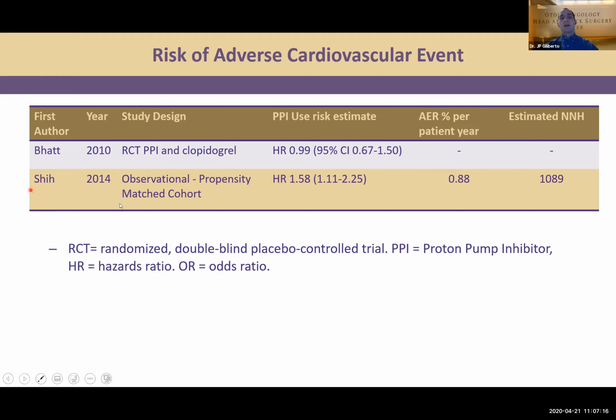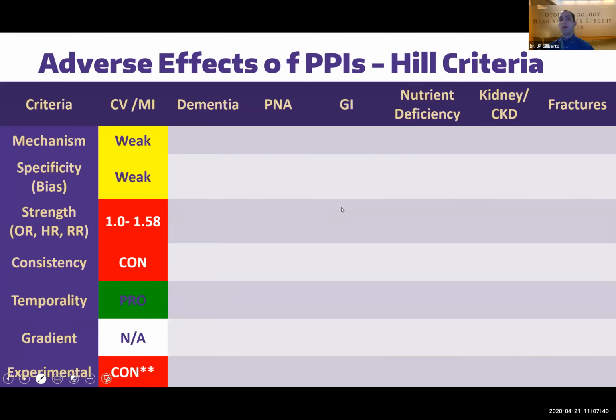This is compared to the observational study, Shi et al., which looked at insurance data to correlate over 1 million patients in an observational fashion, which still showed a slight hazard ratio. But it's important to understand that when we're weighing this data, the level 1 evidence seems to argue for a lack of risk. So in this case, we do have some mechanisms that have some evidence, although the best level 1 evidence seems to argue against those mechanisms.